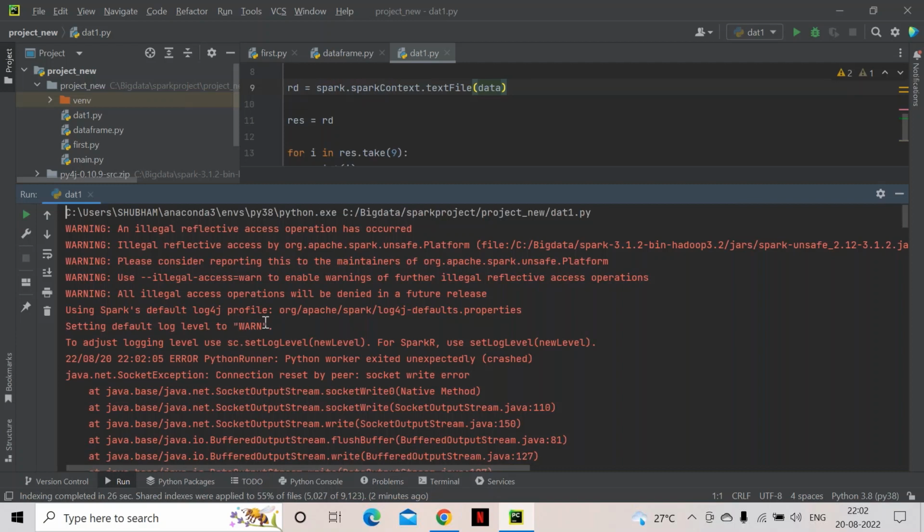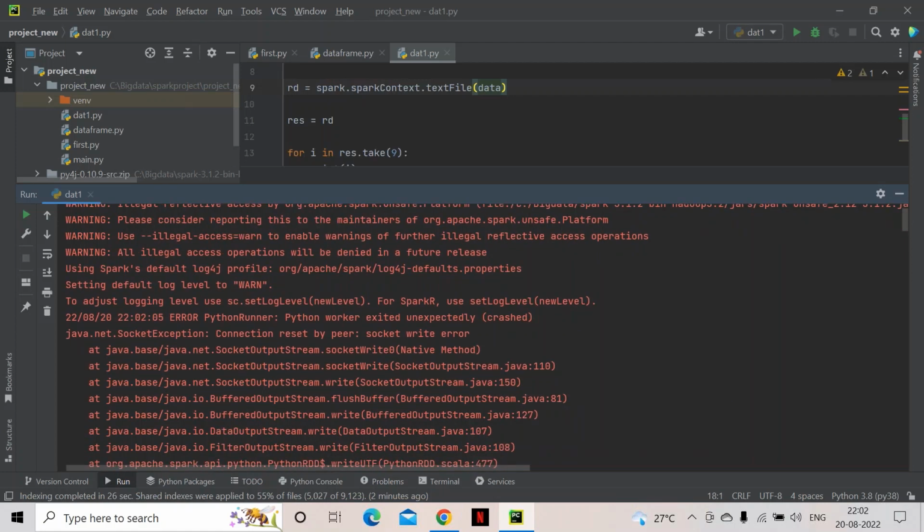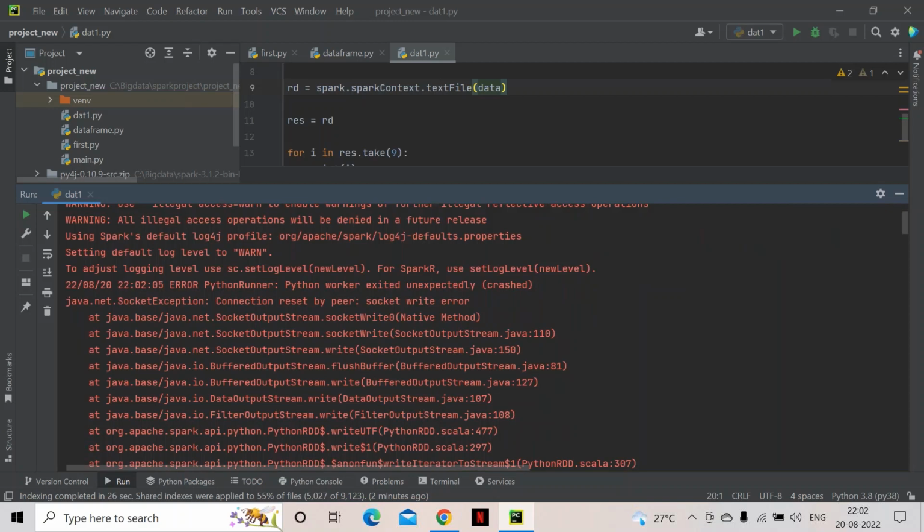In this video, I am explaining how to solve this issue, especially the Python worker exited with crash error. What does this mean? Usually, if you have either a large amount of data or very little memory, maybe 2 GB, 3 GB, or 4 GB, small issues like that, then in some rare cases only, you will get this error.